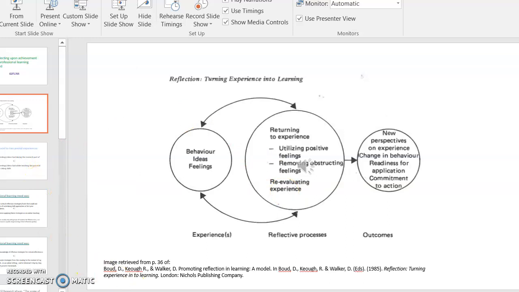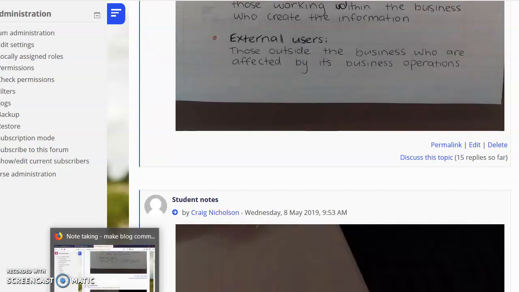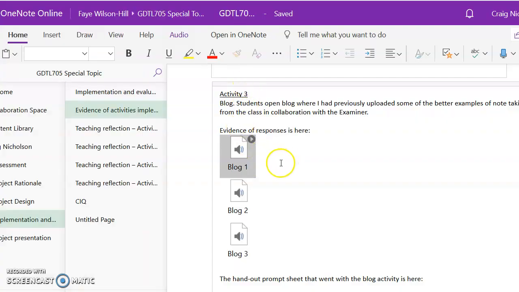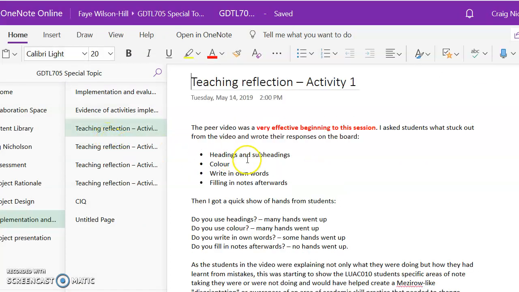What I'm going to do now is go to OneNote. I'd already written in a reflection actually, but now I'm returning to the activities again. I'd written in a reflection before applying this model, just so that I'd noted down a description of what happened and how I was feeling about it, and what was positive, what was negative. But I'm going to revisit this again for each of the activities that I did in that session, and look at the positive and negative feelings that act as data for me to evaluate.